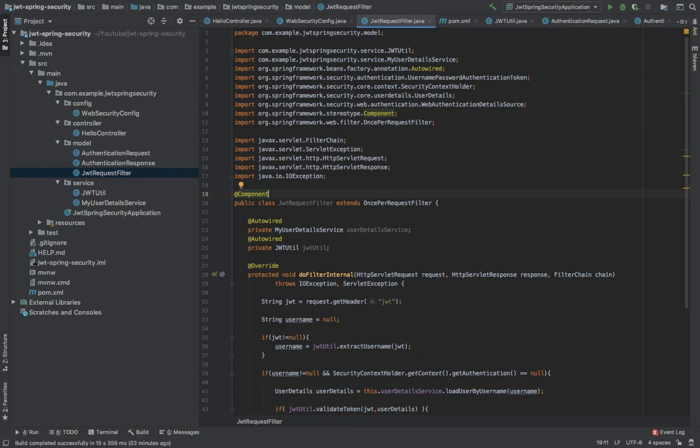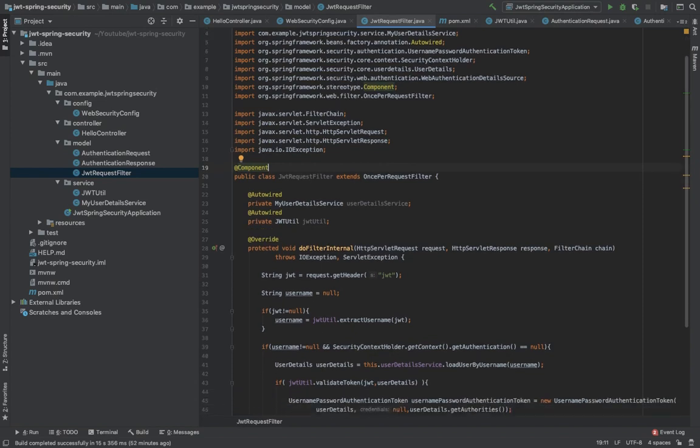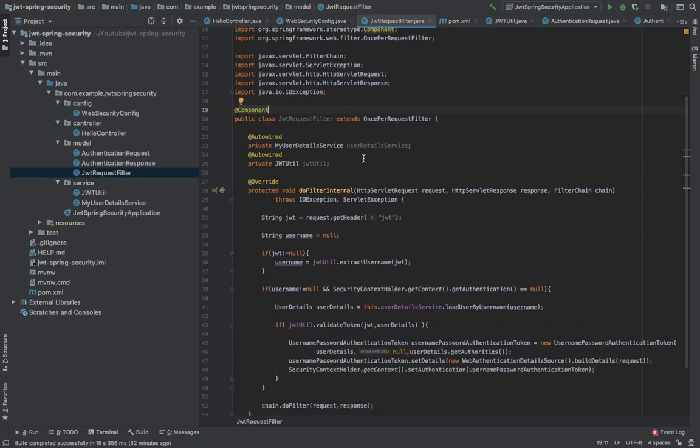Now that our filter is ready, the last thing to do is to tell Spring Security to use this filter chain. So for this, we have to go to the web security config and tell it to use this filter.